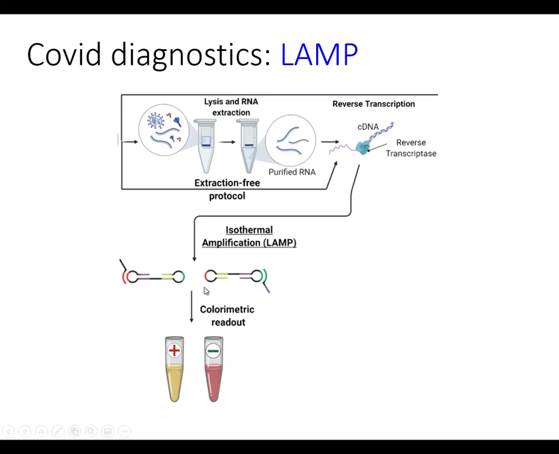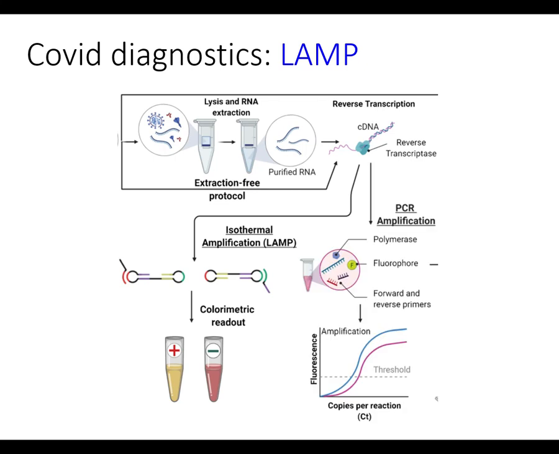This is because as we amplify our DNA copy of the viral genome, it changes the pH of the solution, and we have a pH indicator. If there's no change in pH, then it stays red. If there is a change in pH, it goes yellow. This is actually one of the things which is considered to be limiting for LAMP, because many people consider LAMP to just be a yes-no answer, rather than in terms of the amplification that we saw previously using PCR,